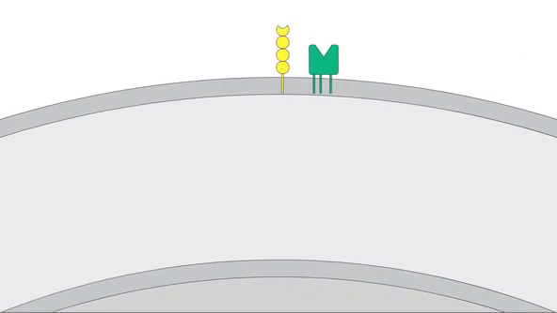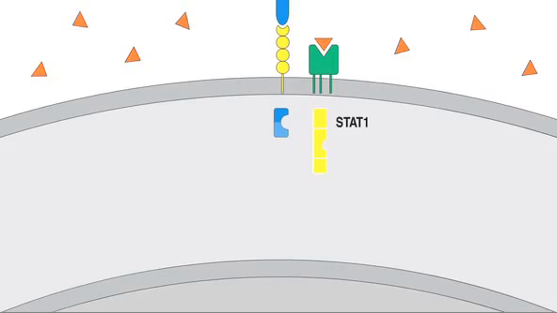Isotype switching is stimulated in the course of an immune response. An activated T follicular helper cell engages a B cell through linked recognition. The follicular T cell expresses CD40 ligand and produces cytokines, in this example interferon gamma. CD40 ligand engages a CD40 molecule on B cells that activates NF-kappa B, and interferon gamma activates STAT1 within the